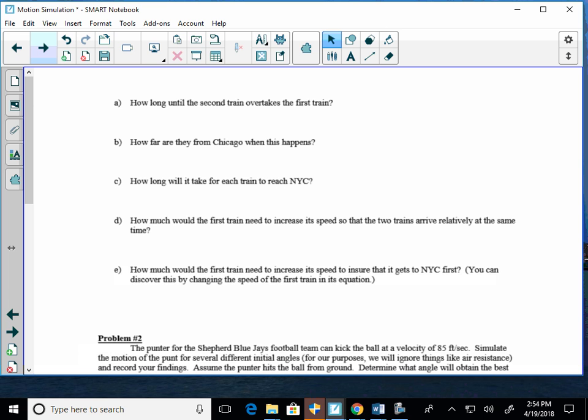Also, if you go to second window, see that table start? That's where my table's starting. If I wanted it to start at 5, I could put 5. If I wanted it to start at 8, I could put 8. Also, see that change in table? If you wanted to go by ones, you can put 1. And then